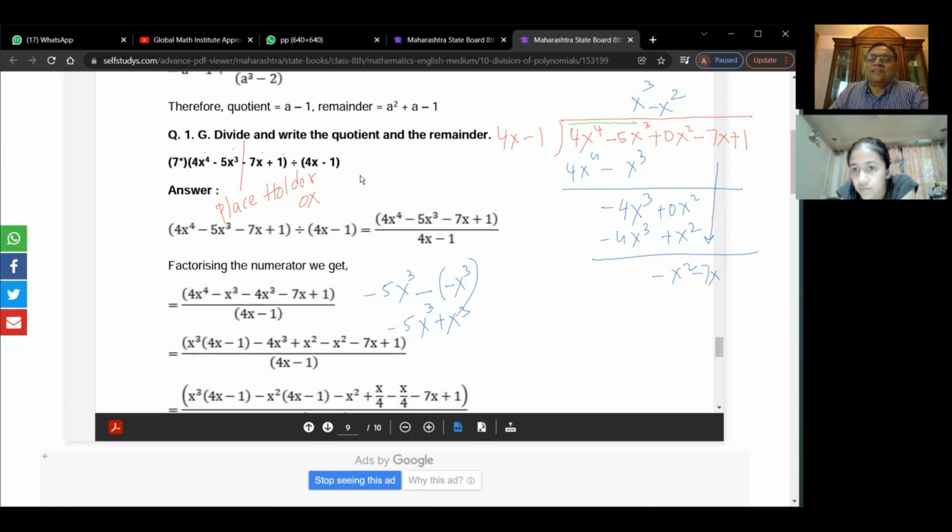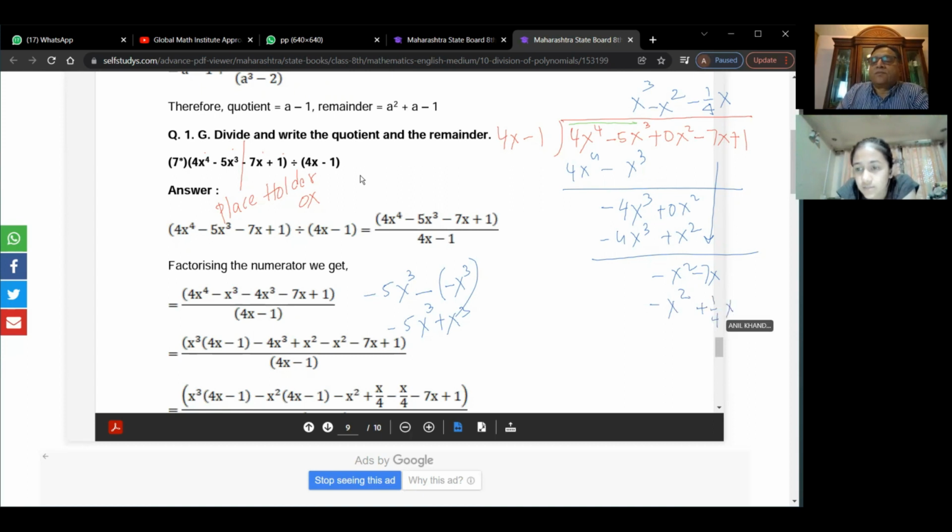1/4, right? Because there is 4x, correct? Do you see that? And we only want minus x square. So I have to divide by minus 1/4. Is that clear to you? Times x, correct? So when you multiply 4x with minus 1/4, then only you get minus x square. And minus 1 times that gives me plus 1/4x.